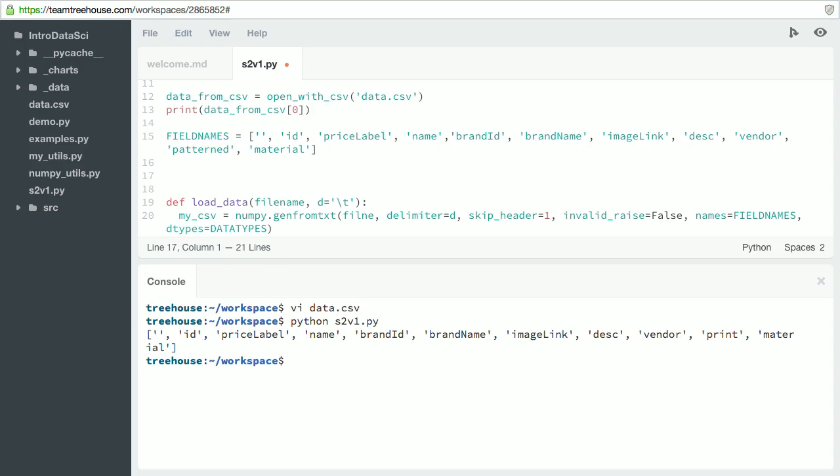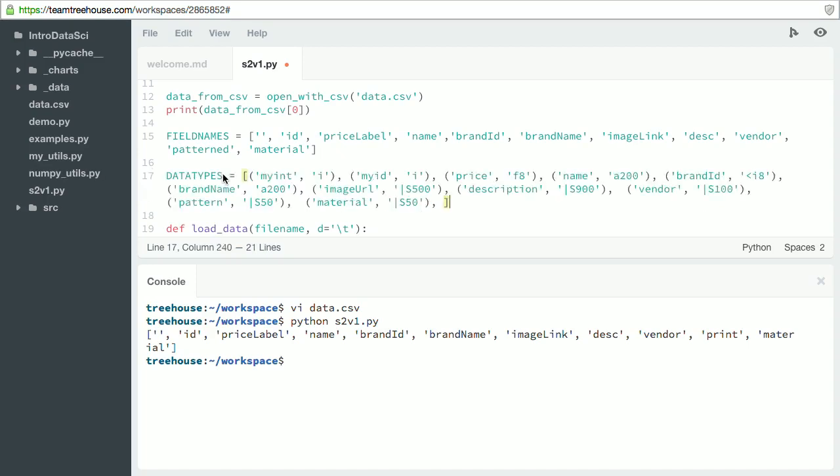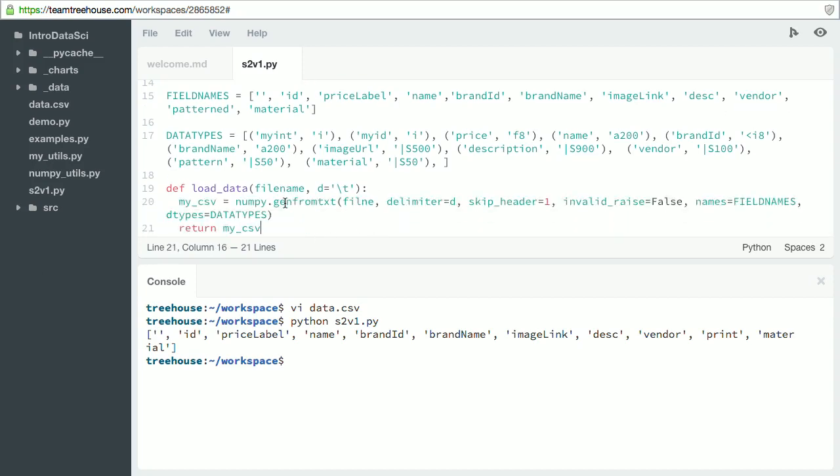Now the other constant we want to enter here is data types. And this would be defining the data types for each of the fields. So we have the integer type, float type. Integers do not have decimals, whereas floats do have decimals. We also have the string types, which could be A for any or S for string. Right, so now if we were to run this function,